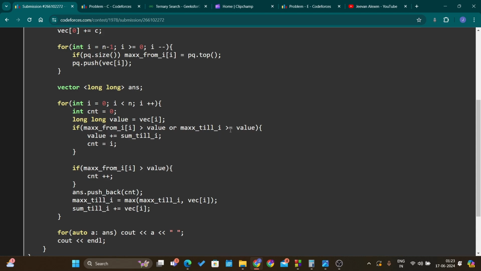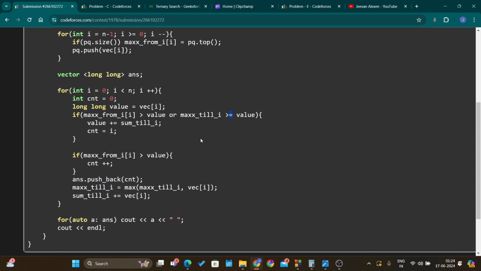But when we are checking till I, the candidates that we are checking inside this variable will be lesser than I. So here I will be greater than the candidates that we are considering. So we have to check for the equal condition as well because I is greater over here than the candidates that we are considering. So we have to check for the equal condition as well. So it's mentioned in the problem statement.